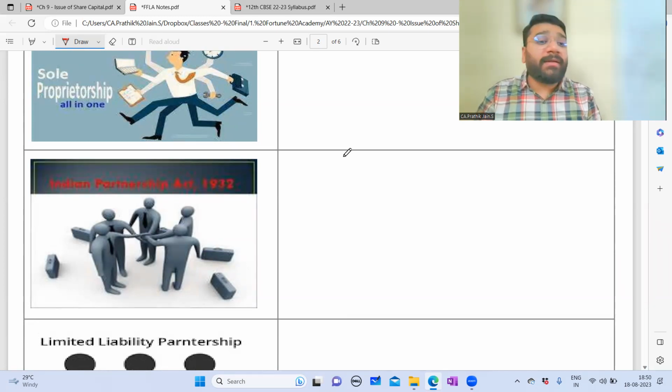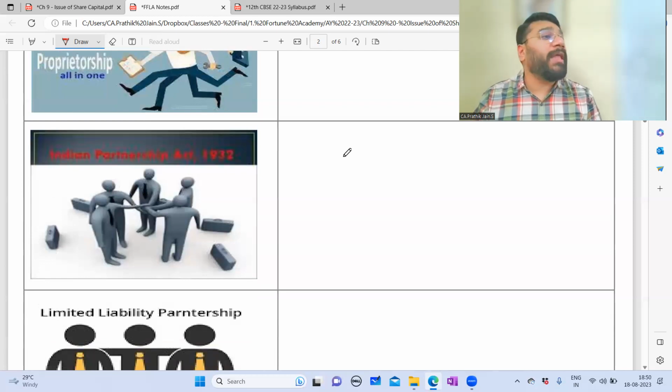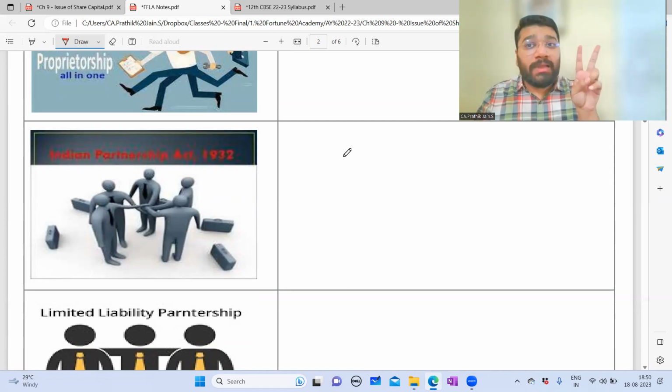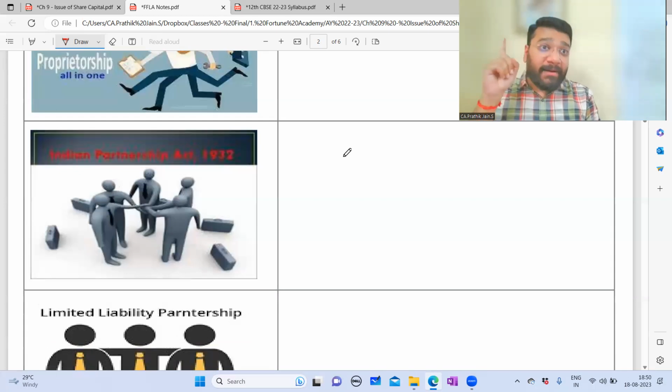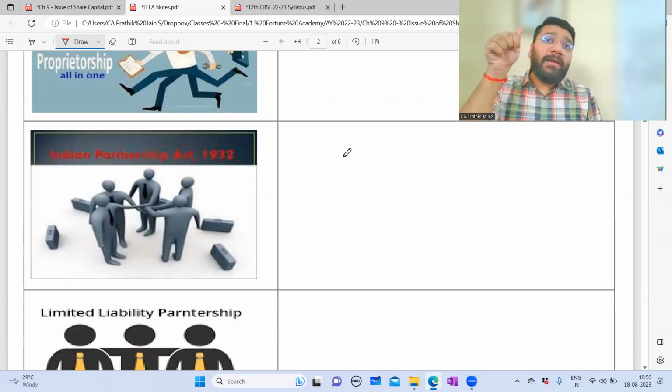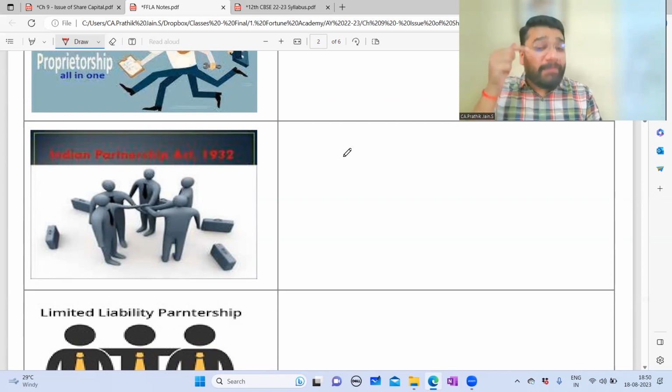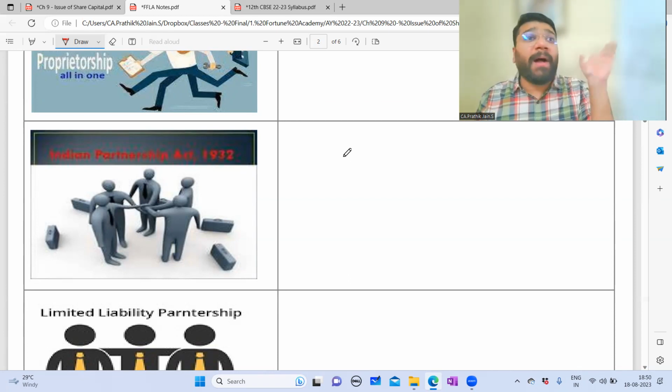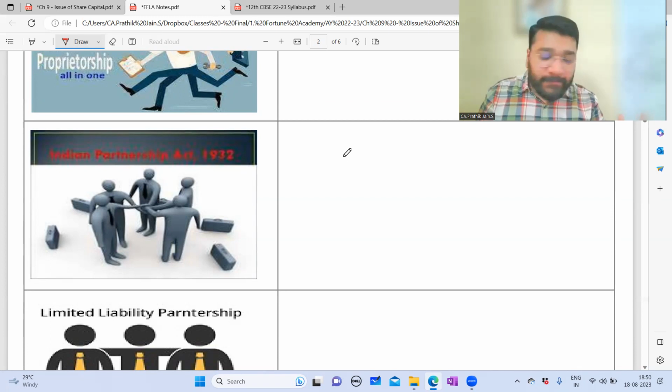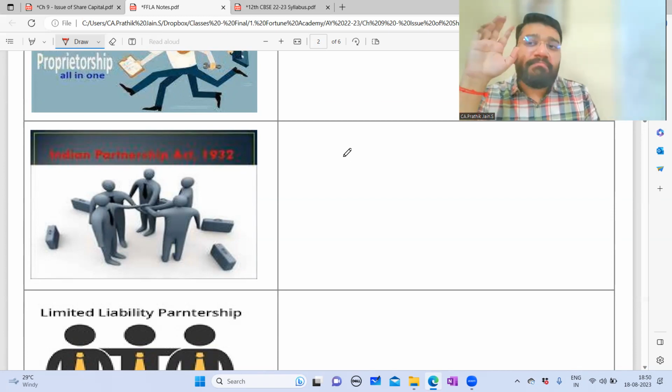But here also there is a constraint. In partnership also there is a constraint. Again, what happened? Capital constraint. In partnership, what is the minimum number of partners? Two. Maximum? Maximum is 100. The Companies Act has given the central government the power that you can have a maximum of 100 partners in the partnership firm. But the central government has utilized that option and has restricted the maximum partnership, as of now, to the limit of 50. This is what you've studied in the partnership topic, which we wound up in the last class. So minimum 2, maximum 50.